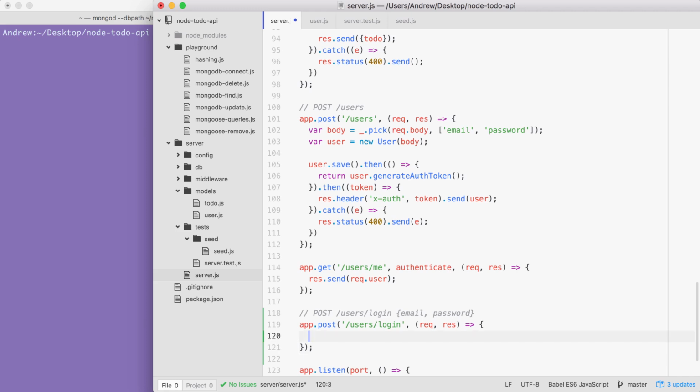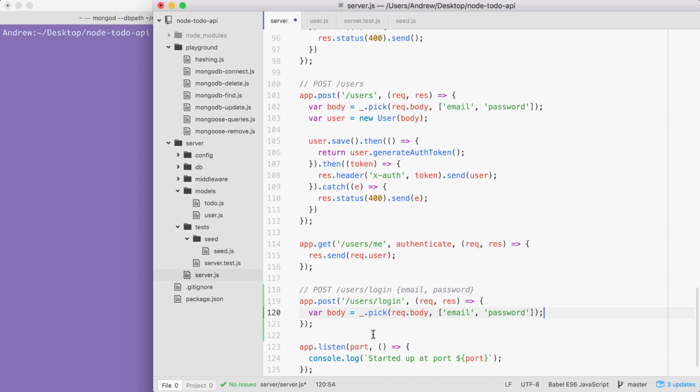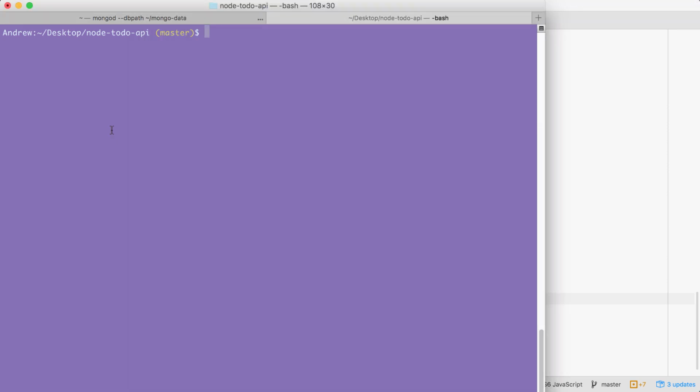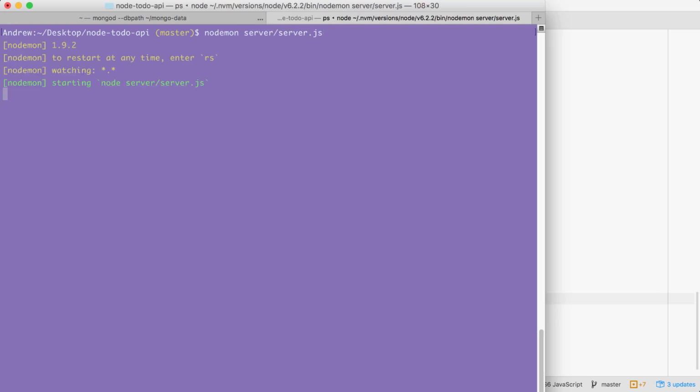And the first thing we're going to do is pick off the email and the password. Now we've written this line before. There's no reason to rewrite it. I can simply copy and paste it down below. Now the last thing I wanted you to do just to make sure the data was getting picked off properly is simply respond response.send, sending back the body. Then we can go ahead and start up our server. I'm going to use nodemon to do that. Nodemon server/server.js. Once the server is up and you see you're started at port 3000 message, you can move over to